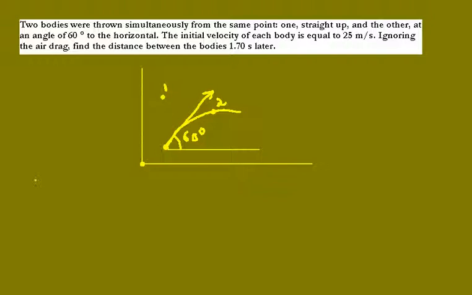So first I'll consider this as body 1, this is body 2. This would be the x-axis and this would be the y-axis. An approach for solving such types of problems would be using the vector components of each individual body. So for the first body, there is no x component, so it would be 0, because the body is moving completely in the vertical direction, whereas the y component of displacement for this body would be